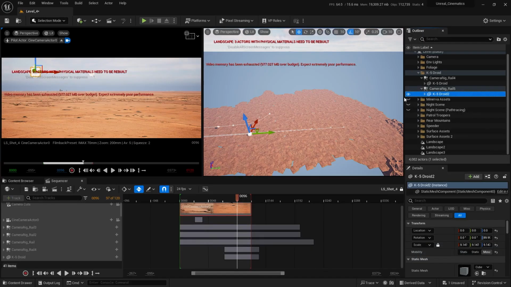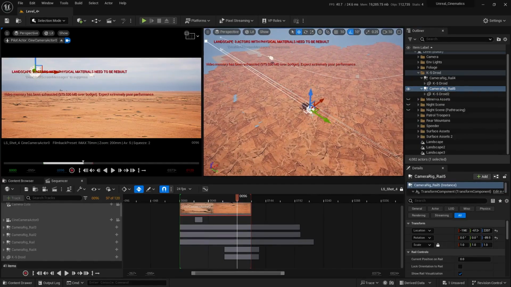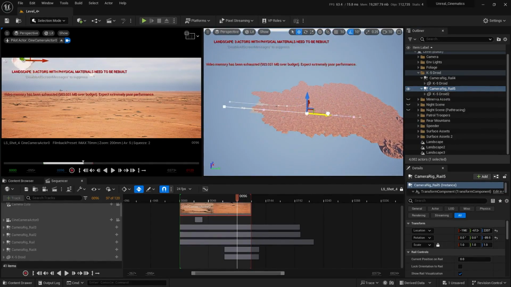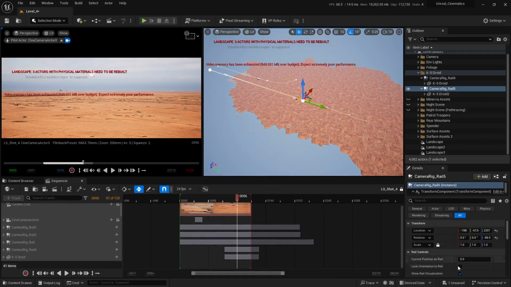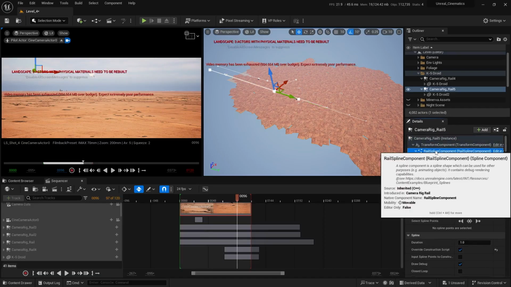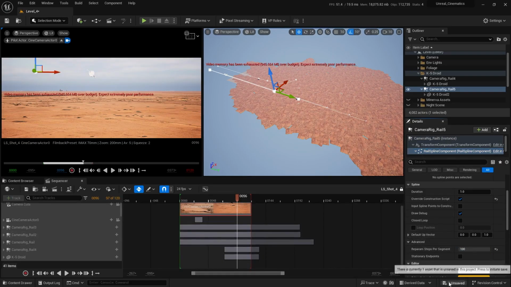There we go. I'm gonna now select this camera rig rail from here and then select this point and move it to just about there. I'm gonna select this handle and bring it somewhere around here, let's say, and let's check this box, lock orientation to rail, and I'm gonna bring up the details panel, select rail spline component, and bring the slider all the way up to 100. Okay, I'm gonna save everything,